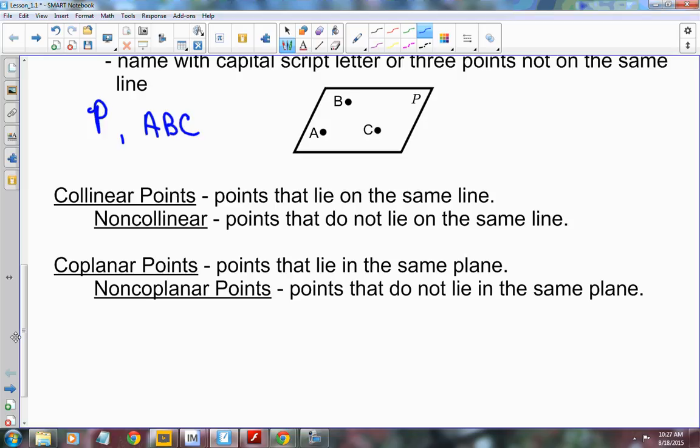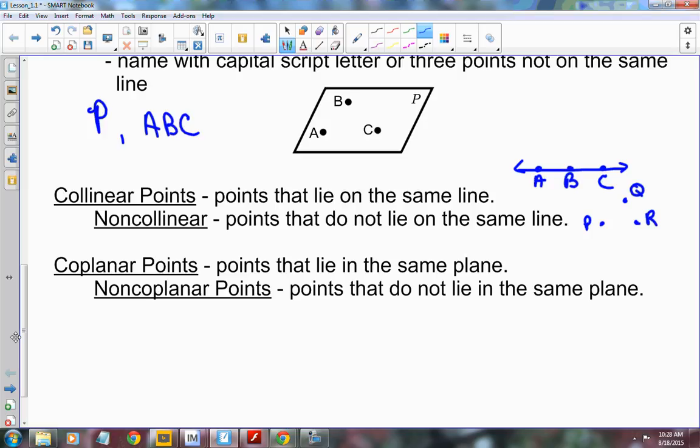Now, I've kind of been talking about collinear and non-collinear. Collinear points are points that lie on the same line, so like A, B, and C. Those are collinear points. Non-collinear points would be something like this: P, Q, and R. Those are non-collinear. Lots of vocabulary in this first chapter. You guys got to know it, okay? Then we have